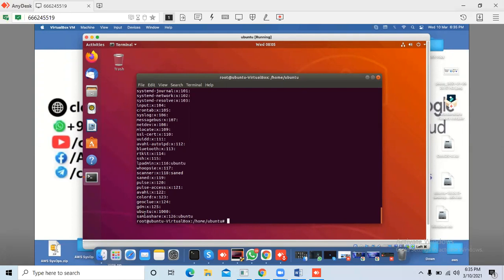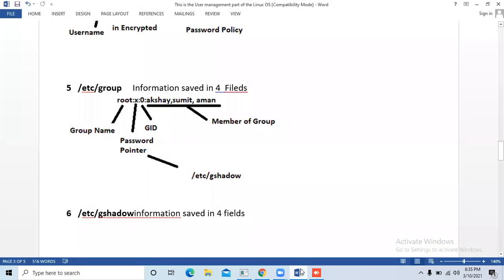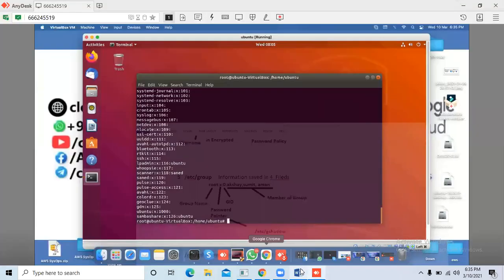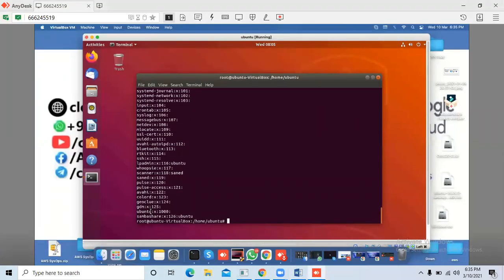So this is the group name and X, and 1000 is the GID, and the other field is who is a member of this group. No one is a member of the Ubuntu group, that means it is blank. X redirects to the password pointer.